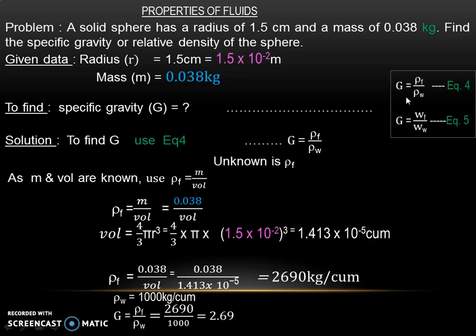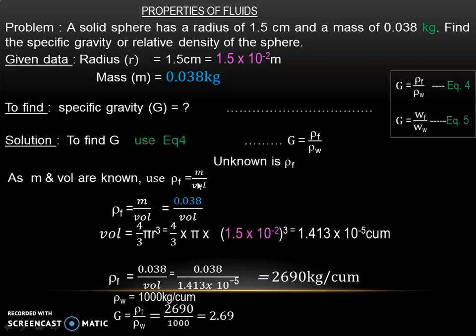Now we have already seen two equations: the equation in terms of density and one more equation in terms of specific weight. Now the question is which equation to use out of these two. We need to use equation 4 if we will be able to find the density of fluid. So we will see whether we can find the density of fluid here. We will use equation 4: G is equal to rho F divided by rho W. Since the unknown value is rho F,